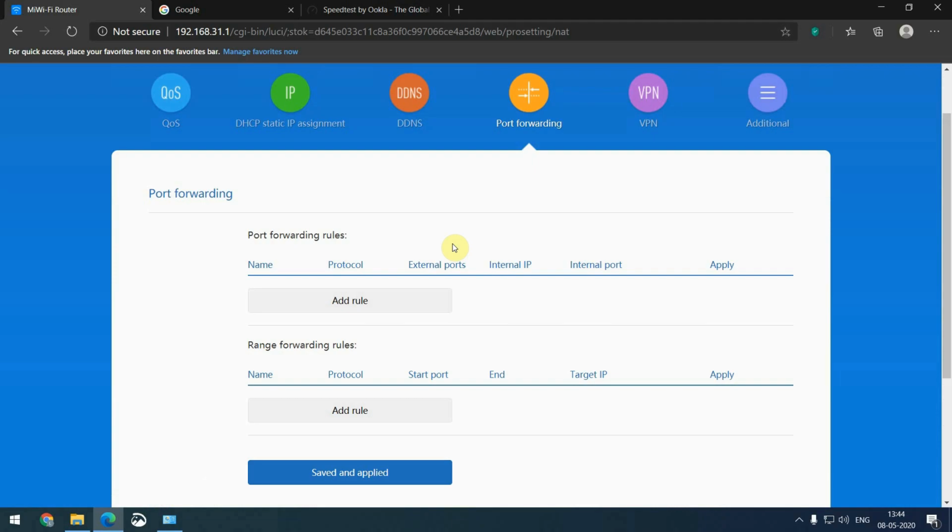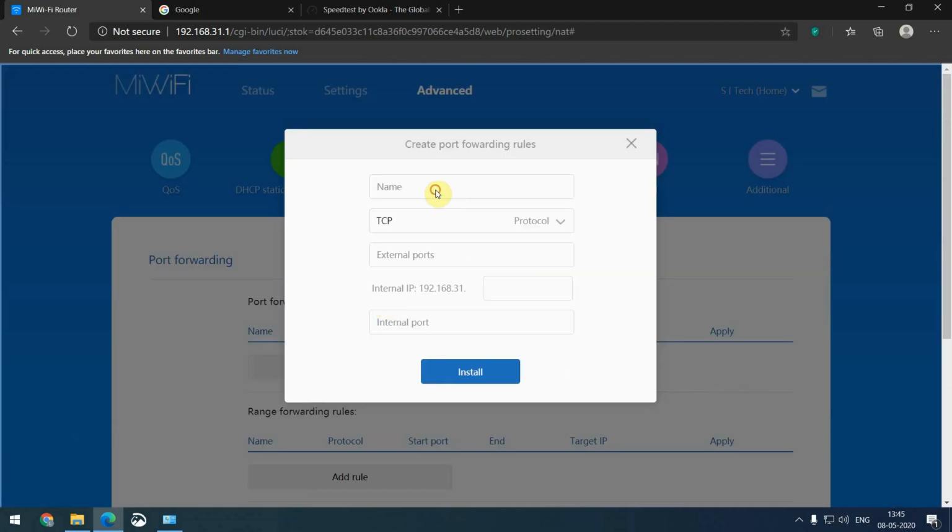There are some things that we need to know before allowing a port: for which device we have to open the port, what ports need to be open, and which protocol they use. For example, I'll show you an example. Add a rule. I need to allow a rule with the TCP protocol, port 25001.